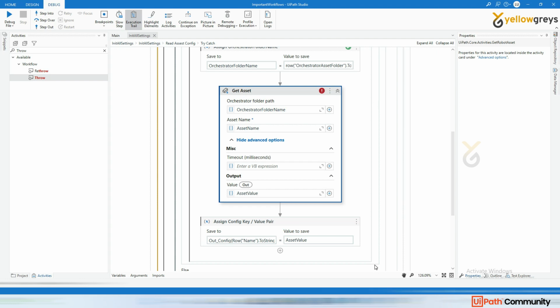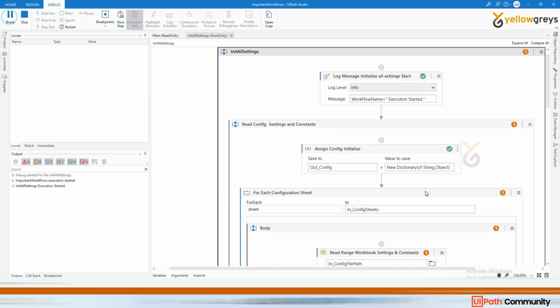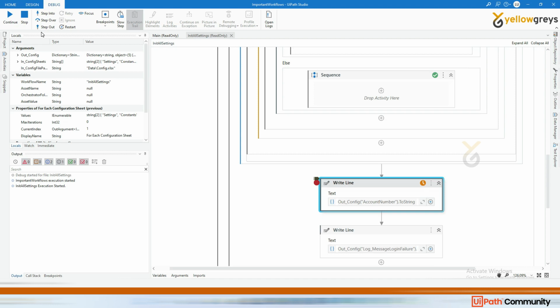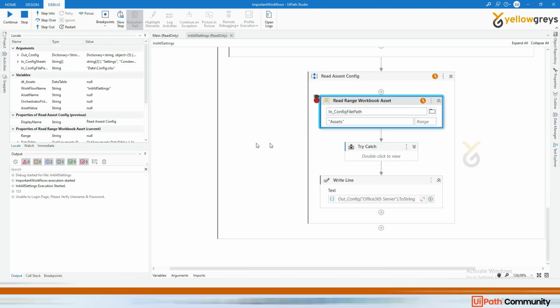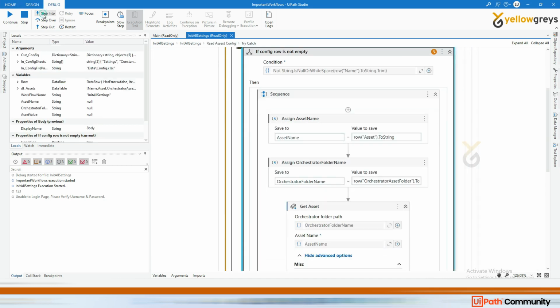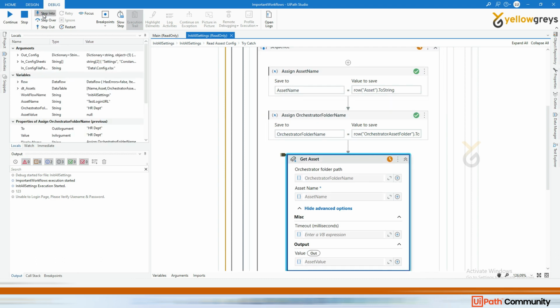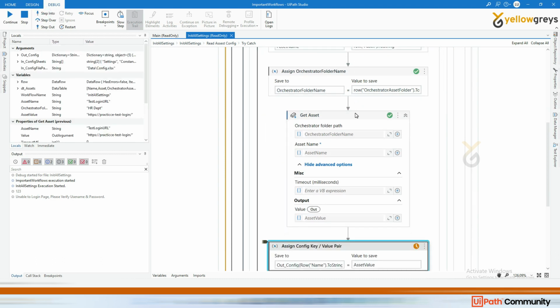Okay, so now it's connected to the right orchestrator. So let me step into again and click on continue, and again click on continue. Yeah, now it has reached the right place. So I can step into try catch, and going into the storing asset name orchestrator folder, it's executed the